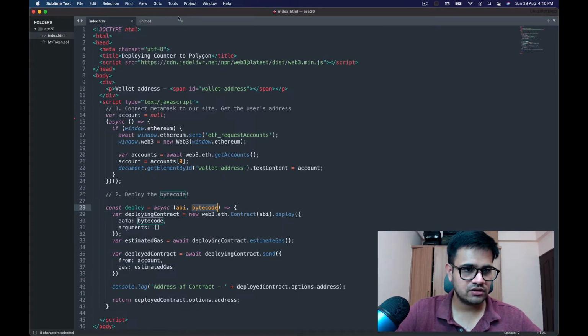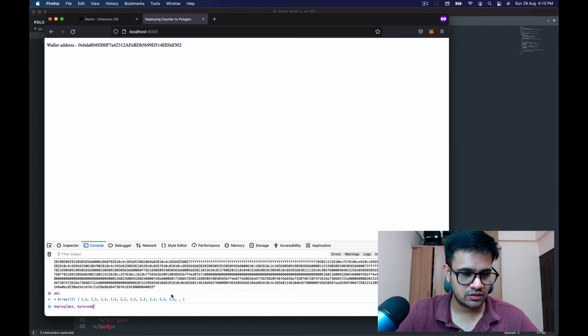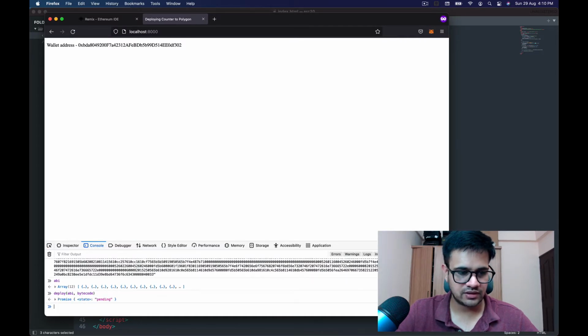If you want to check out the function, it is basically over here. It creates a deploying contract with web3 contract, and then we deploy that with the data bytecode, and there are no arguments because there are no arguments for this token. Otherwise we could have added any sort of argument over here. The ABI is just required here, but I think I could have done this without any ABI as well. Anyway, click deploy.